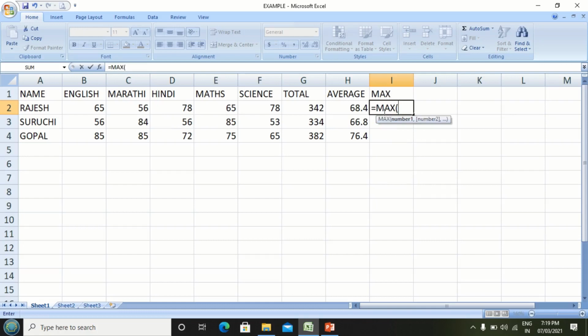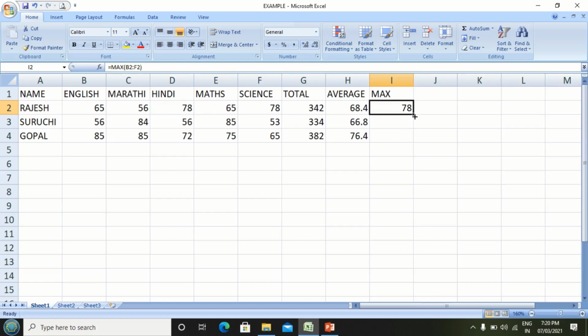Our cell range is B2 colon F2. The required cell range is selected, you can see here, and press enter. See, from the cell range we have selected, the maximum value is 78. So this max function has found the maximum value 78.